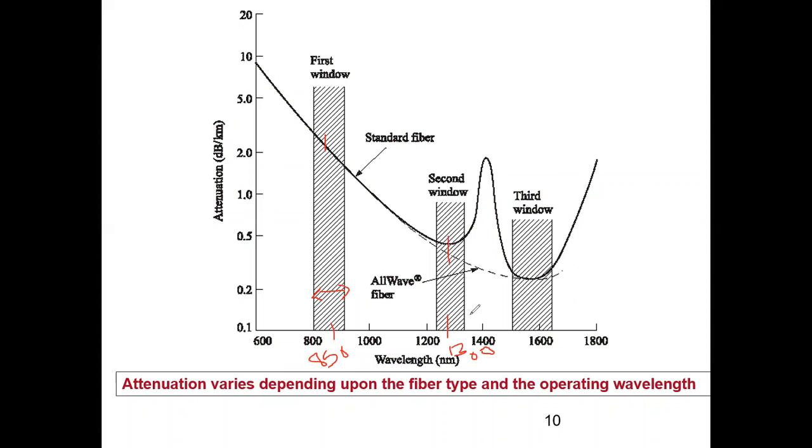Now, if you wonder why they did not operate at 1400, just see the scenario over here, the standard fiber, which is with the dark line. At 1400 nanometers, suddenly the attenuation loss was more. This was all tested. How and why, you will understand as we progress through all the types of losses. So suddenly at 1400, again the attenuation loss was more. So this was not selected.